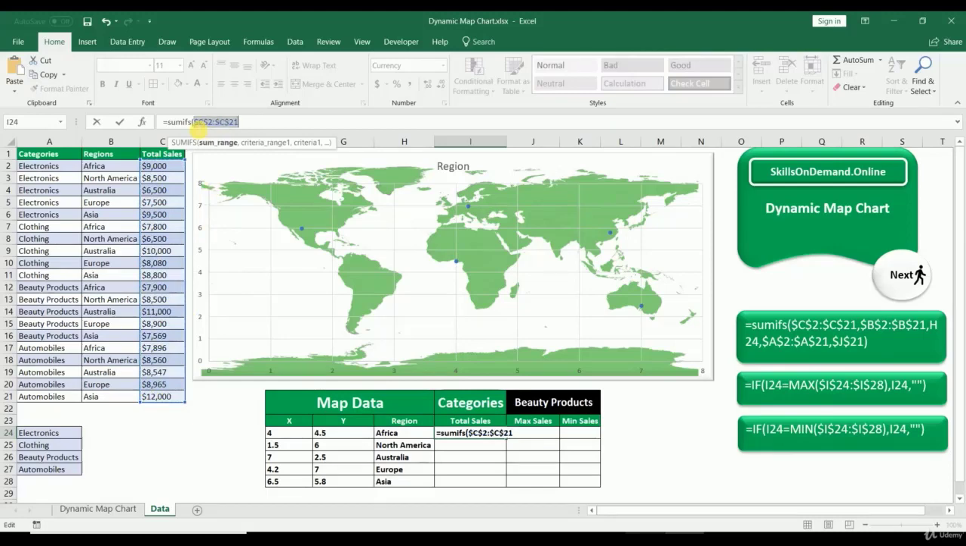to C21, which is the total sales. Insert constant by pressing shortcut key Fn plus F4 if you're using a laptop and just F4 if you're using a desktop, so that the range doesn't get changed when we drag and drop the formula. Comma, select the data range B2 to B21, which is the regions. Insert constant by pressing the shortcut key Fn plus F4, comma, select H24, which is our criteria 1, which is